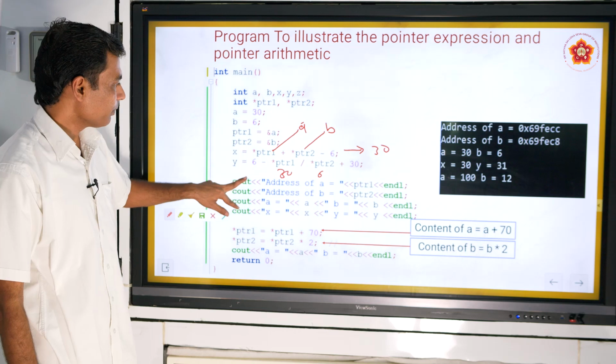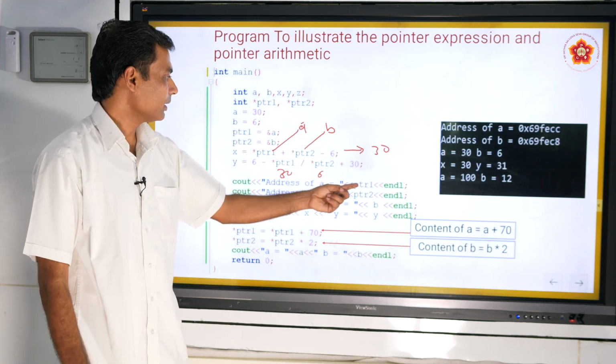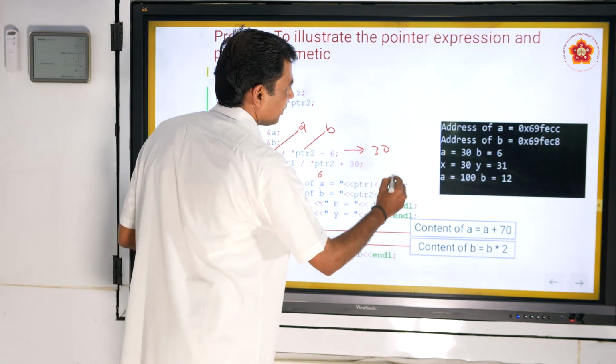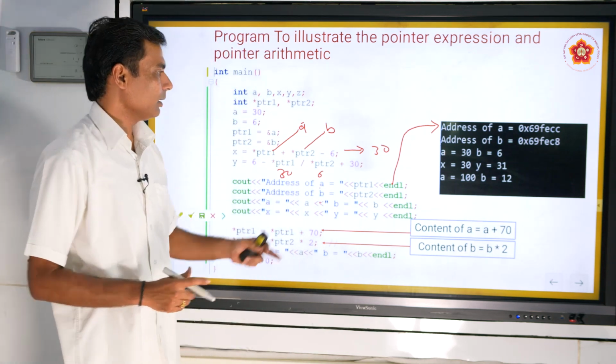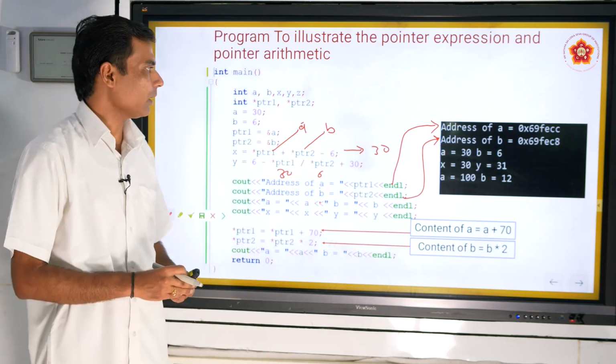So if we try to print the values here, address of A, that is in ptr1, it is printing the value of address A. Then address of B, this is printing the value of address B, which is in hexadecimal form.